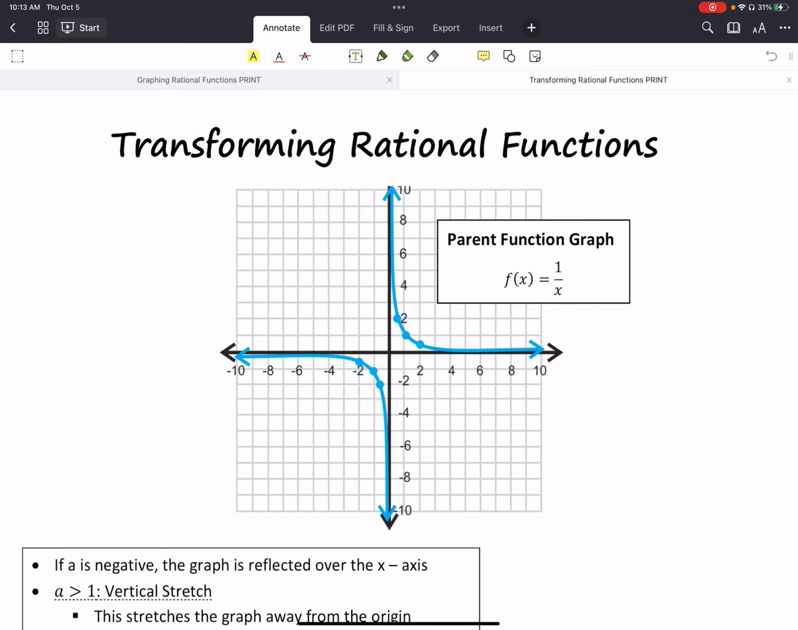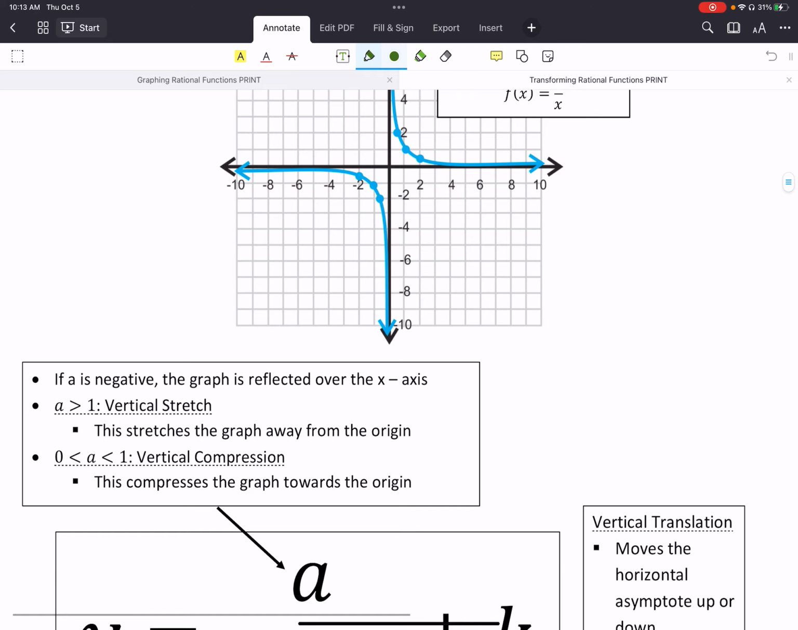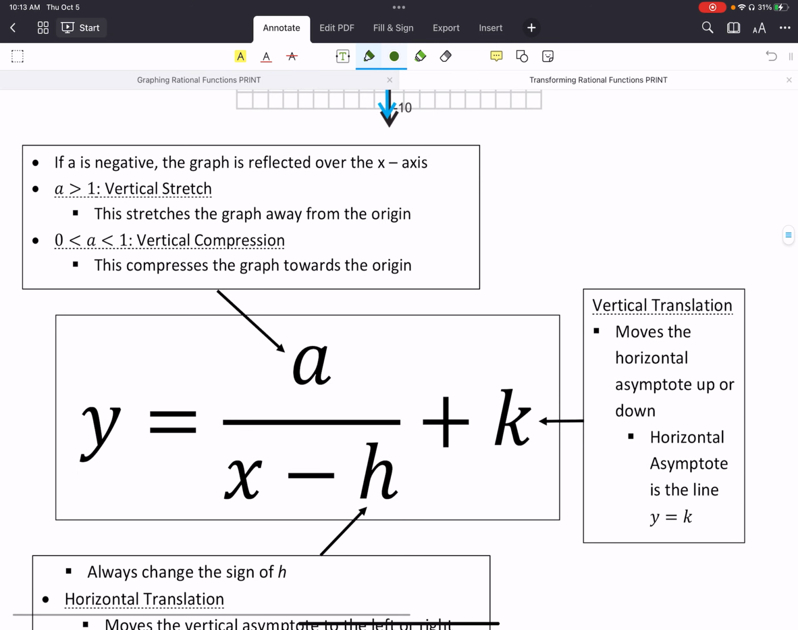Hey guys, today we're going to talk about transforming rational functions. So if you remember back to when we started talking about this, the parent function for rationals is y equals 1 over x, and the graph is the two L-shaped curves. To do our transformations, it's almost the same as what we've been doing, but it's a fraction, so it